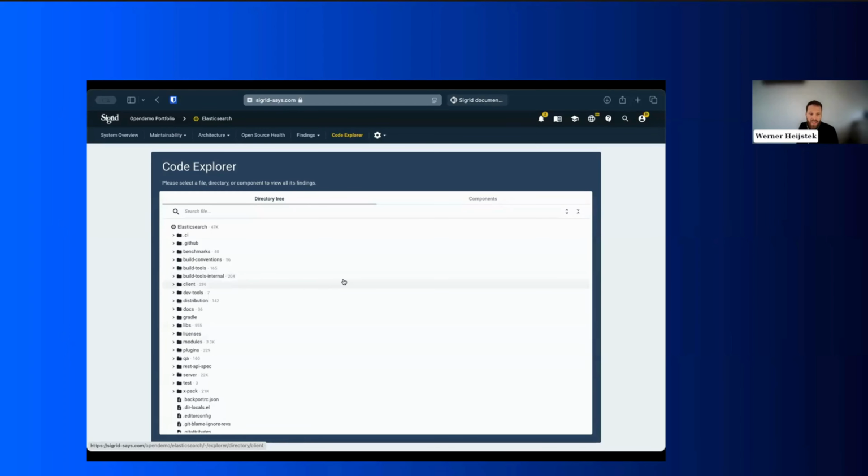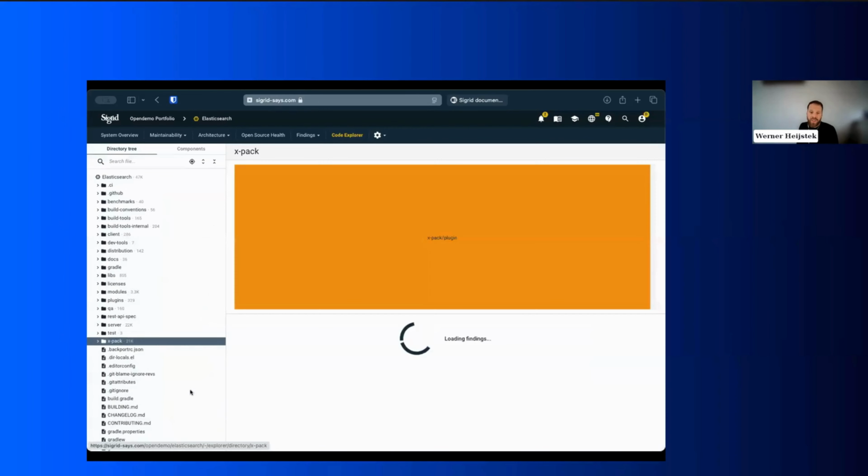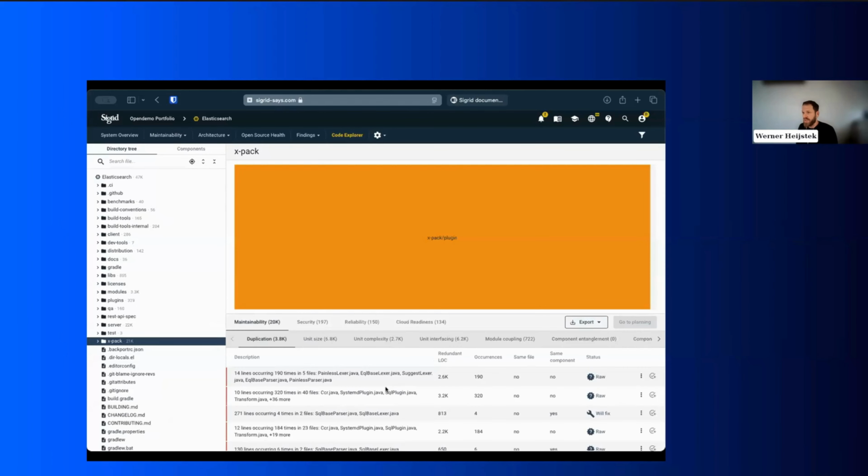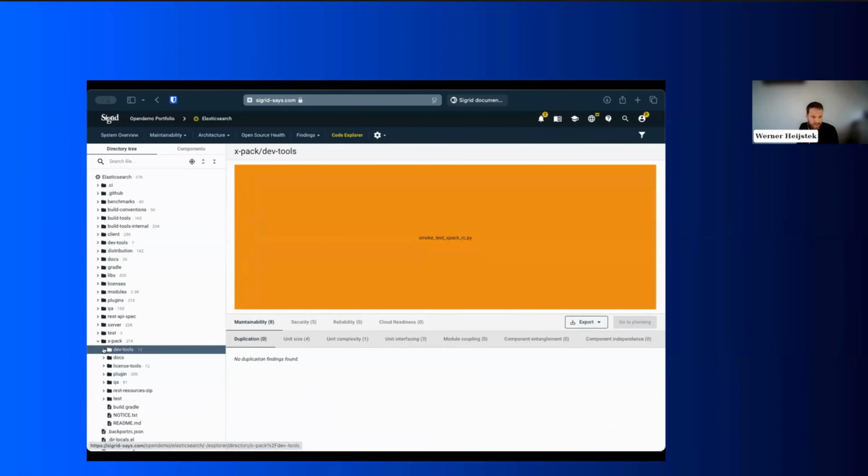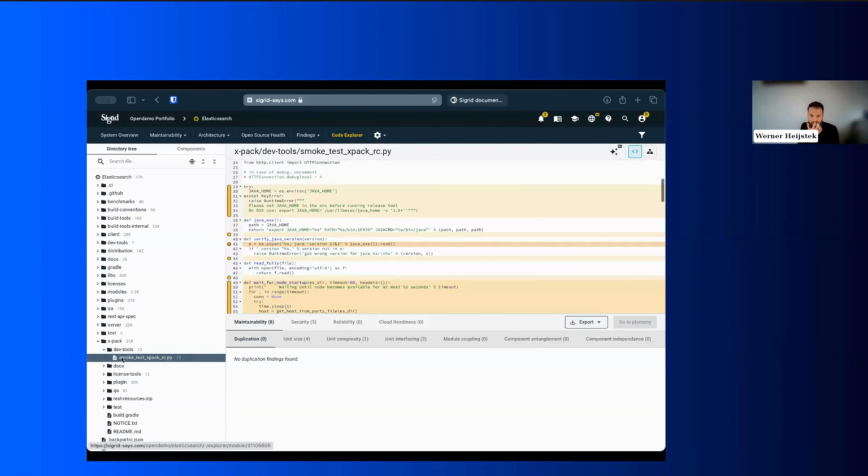There we go. And I can try to figure out, as I know, for example, X-Pack is an extension for Elasticsearch. That is something we really need to work on in the coming months. And that's really a key thing that we either need to extend or that we need to work on. So I can look at, for example, let's just pick this file. This is a Python script here. And I can look at particular instances of technical debt that really matter here.